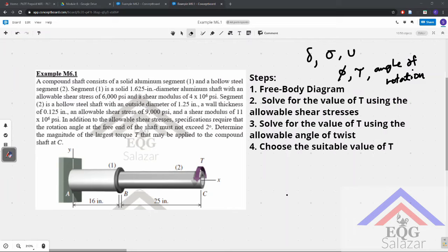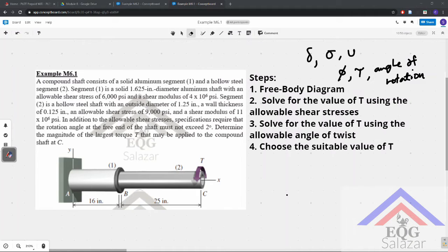In addition to the allowable shear stresses, specifications require that the rotational angle at the free end of the shaft must not exceed 2 degrees. Now, determine the magnitude of the largest torque T that may be applied to the compound shaft at C. So, first, let's